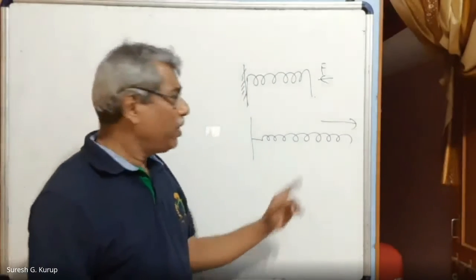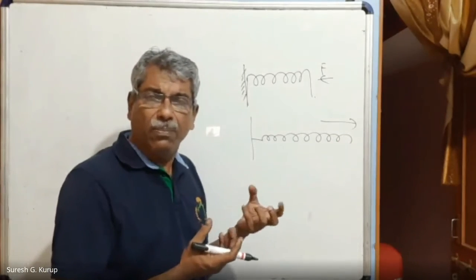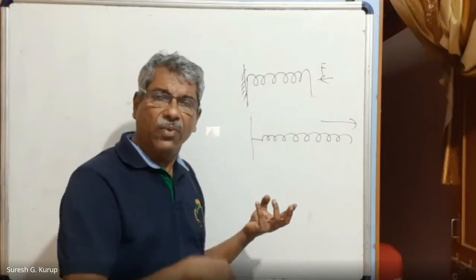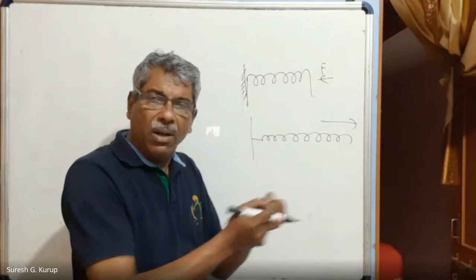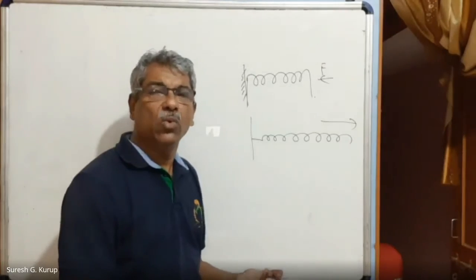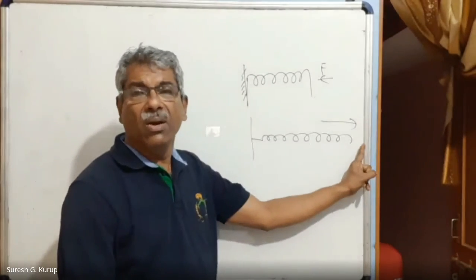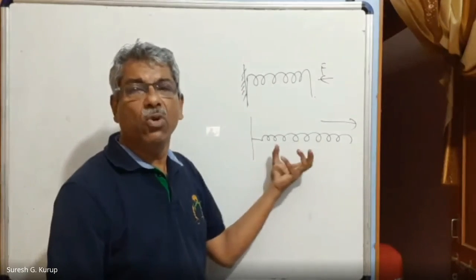When a force is applied, a pulling force is created within the spring that tries to maintain or restore the shape of the spring. That is called the restoring force. When we apply a pulling force for extension of the spring, there is a force which is